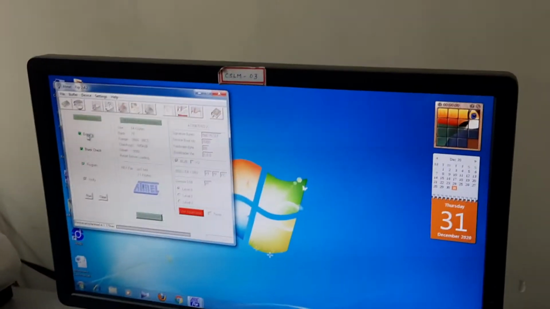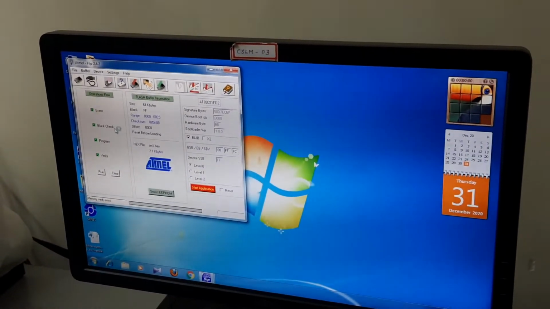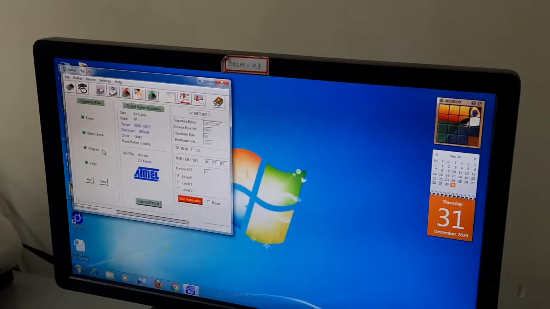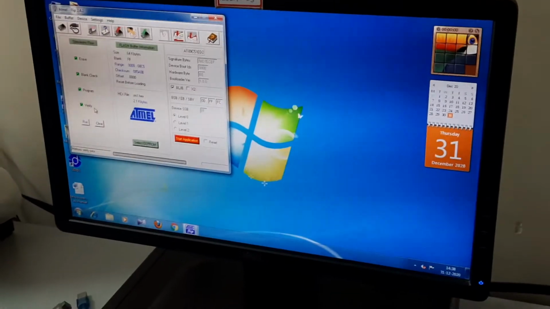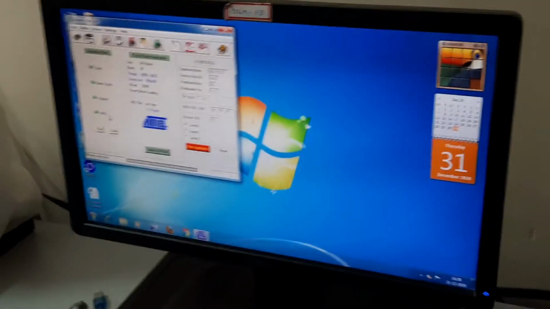It has been erased. The previous data has been erased. It has checked for blank check. Programming has been written. Okay, and verification is done. Okay. Now, the program is written in such a way that